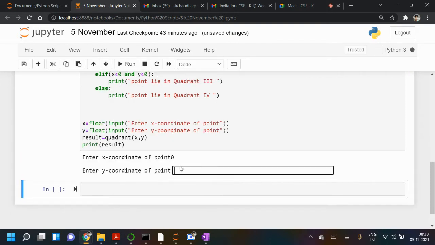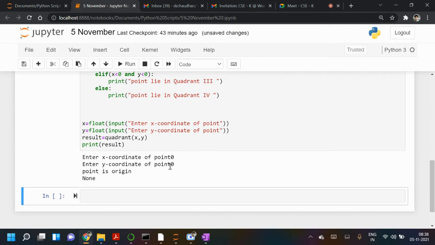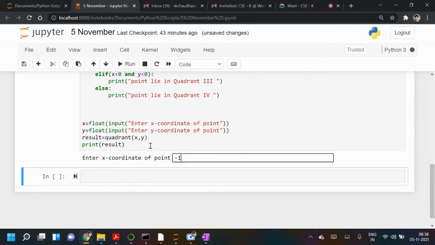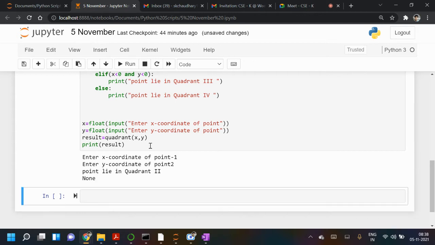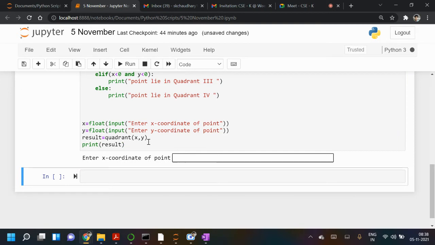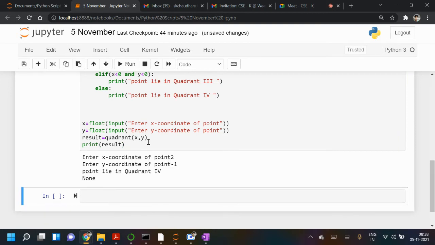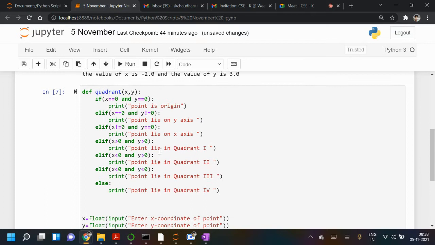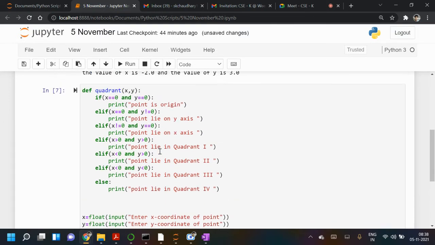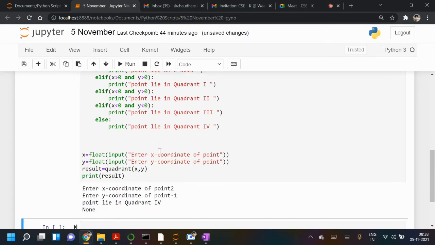Like I write 0 and 0. Okay, and minus 1 and 2. Okay, and 2, minus 1, 4. So this is fine. You can write in other ways also. There are other ways also. So you may write in that way.